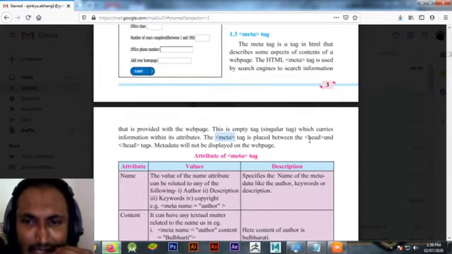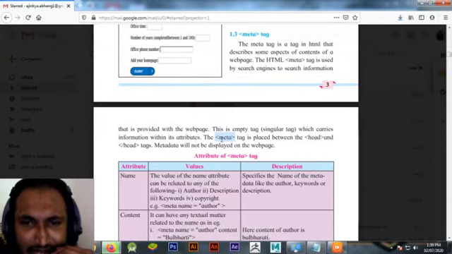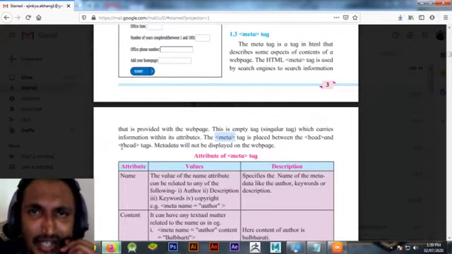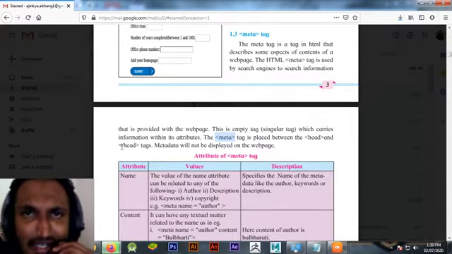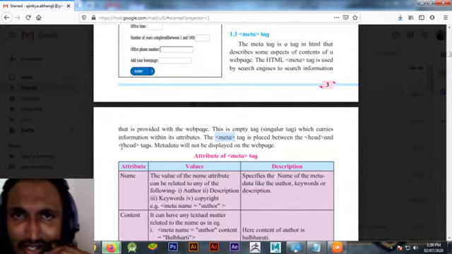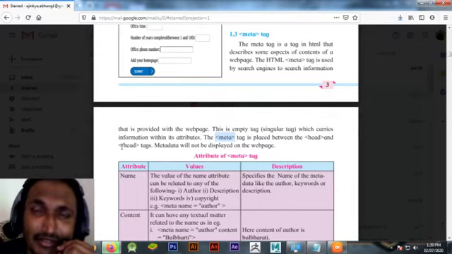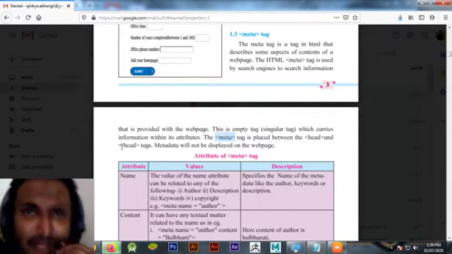See, we can place this meta only in head. The content of metadata will not be displayed in the web page. This is not related with the content on the web page, but is related with the content about the web page.